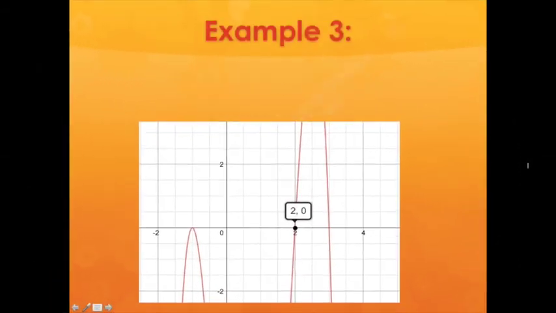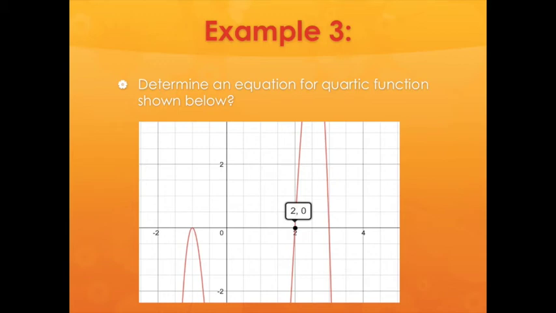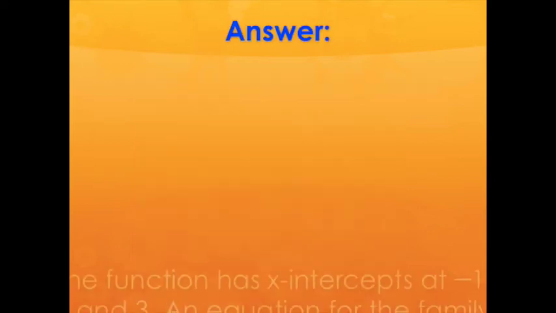Example 3. Determine an equation for a quadratic function shown below. In this type of question, a graph will be given, and as we can see here, the x-intercepts as well, which are negative 1, 2 and 3. How to solve this is